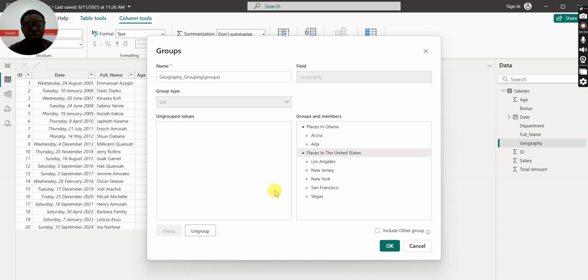Now if you want to ungroup, maybe you made a mistake or something, you can just go to ungroup and you have the option to ungroup and then reselect. All right, so that's what we have here, and that's what it all means. Okay, so now once you know that everything is set and everything is okay for you to proceed,